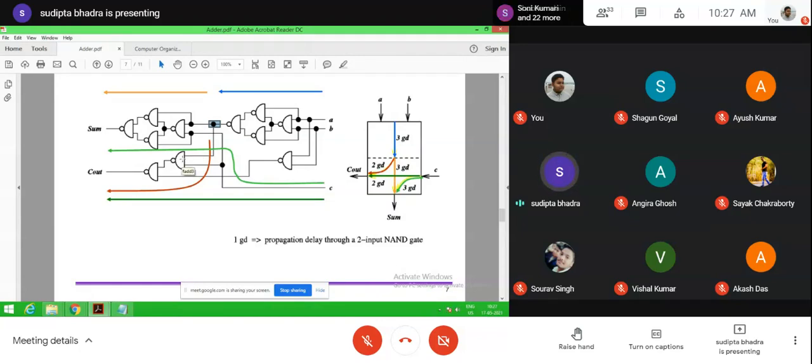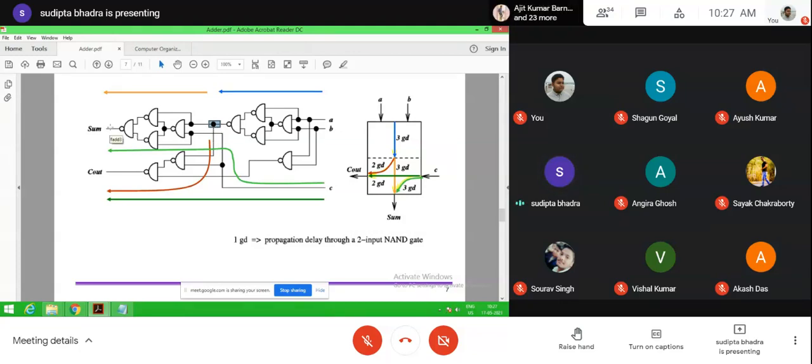After that, there are 2 NAND gates. So ultimately how many NAND gates do you get? 5 NAND gate delay for C out. Now how 6 NAND gate delay for sum? Here you see, to reach this point there is a requirement of 3 NAND gate delay.